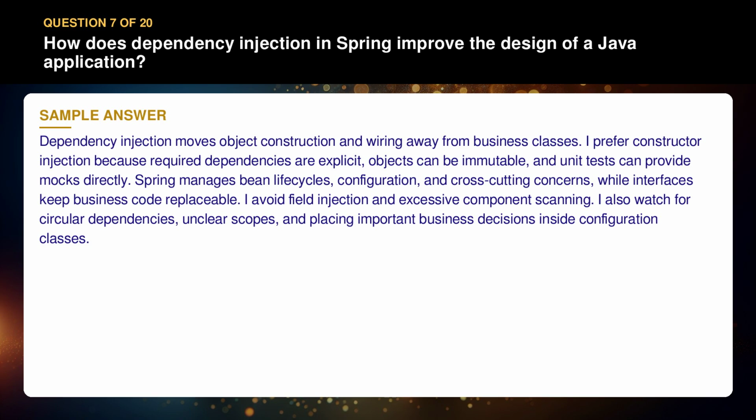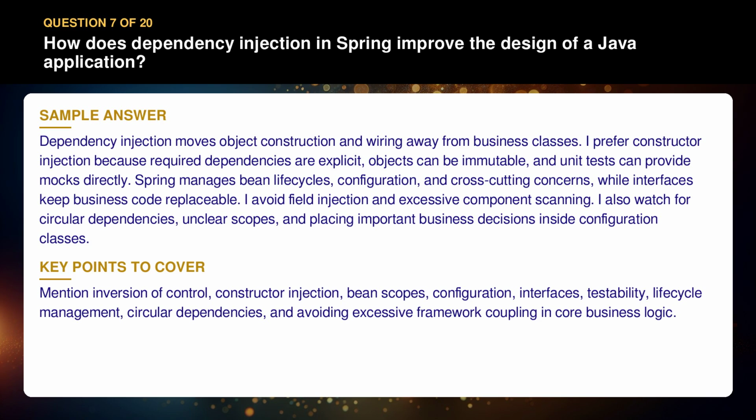Spring manages bean lifecycles, configuration, and cross-cutting concerns, while interfaces keep business code replaceable. I avoid field injection and excessive component scanning. I also watch for circular dependencies, unclear scopes, and placing important business decisions inside configuration classes. Mention inversion of control, constructor injection, bean scopes, configuration, interfaces, testability, lifecycle management, circular dependencies, and avoiding excessive framework coupling